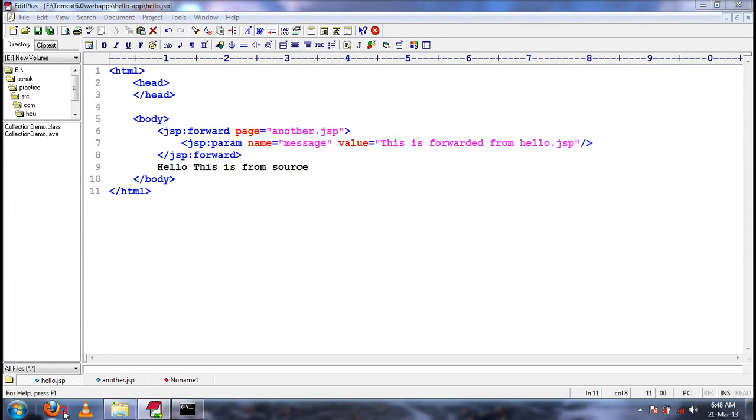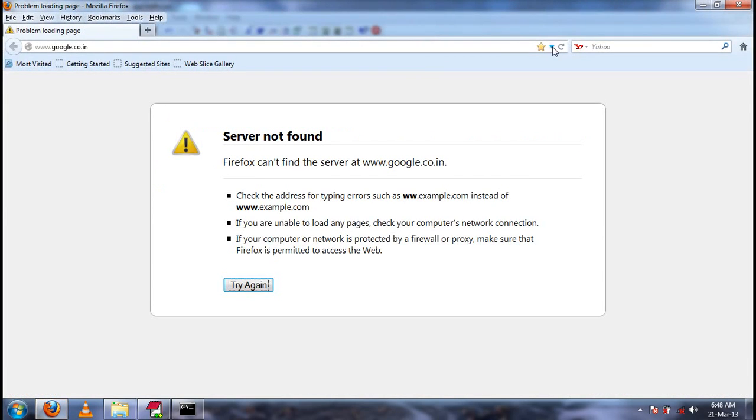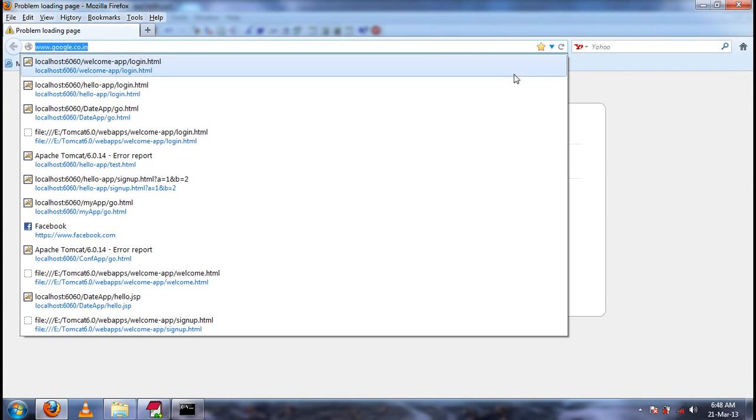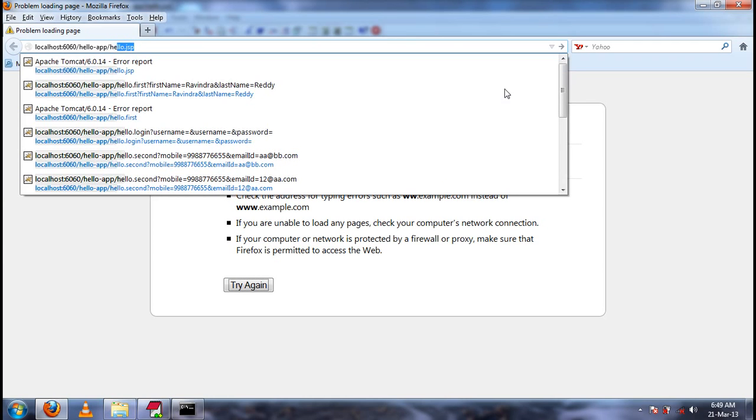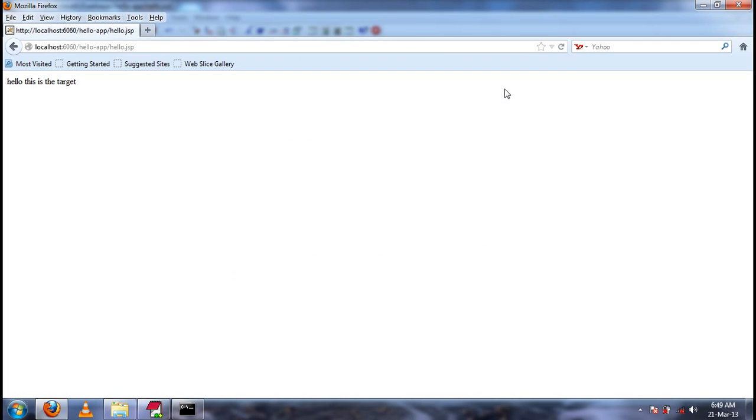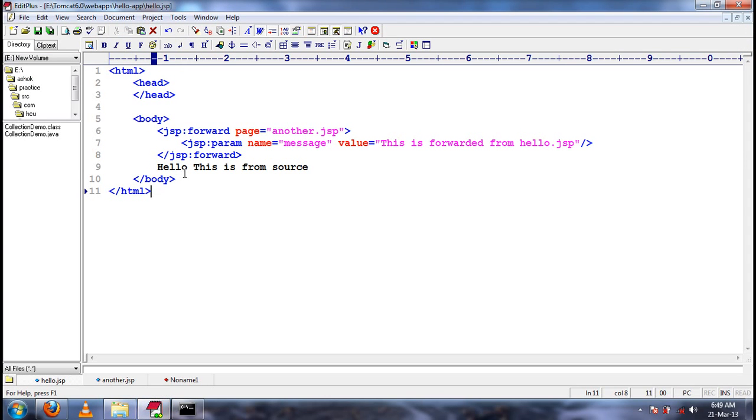Let me execute the application. So what content is printed in the browser? Hello, this is target. But is this content actually printed in the browser? Actually, this content should be printed in the browser.